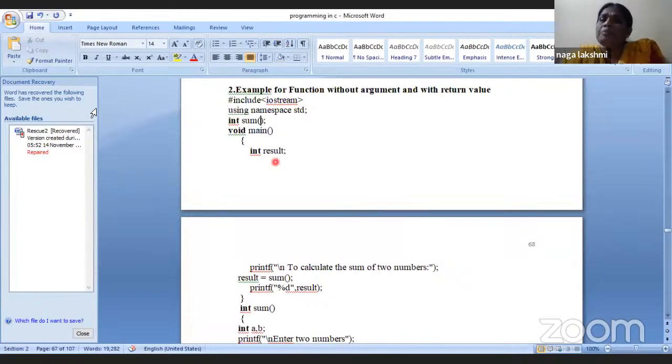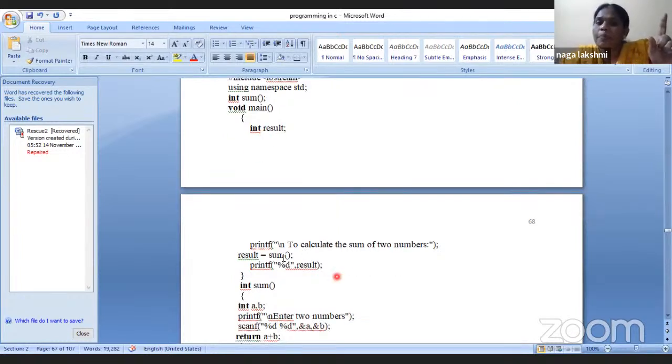Similarly here, I am doing sum of the two numbers. Then I will be giving sum aina istanu lekapothe add aina istanu. So I have given here sum is the function name. So here ఆ సమ్ చేసిన తర్వాత రిజల్ట్ వస్తుంది కదా, దానికోసమని here I have taken one variable as result. Clear? After that, so printf to calculate the sum of two numbers. సో సమ్ ఆఫ్ ద టూ నెంబర్స్ ఏదైతే ఉంటుందో ఆ రిజల్ట్ వచ్చేసి సమ్ చేసినాక వచ్చిన వాల్యూని నేను రిజల్ట్ కి అసైన్ చేశాను. ఓకే,